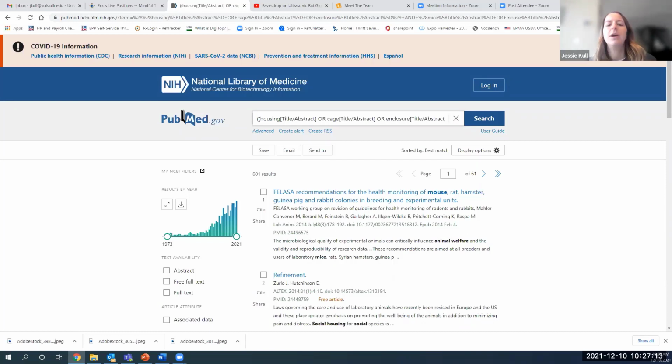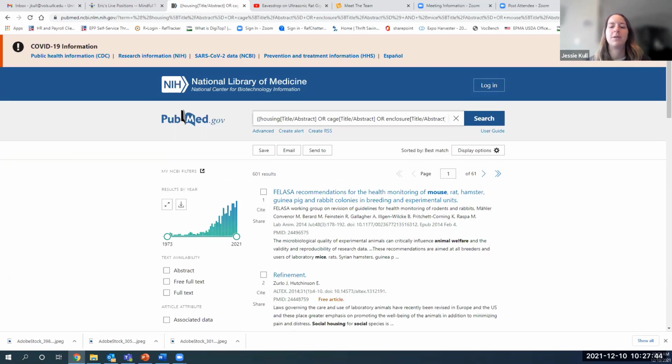And one thing you can do to modify it is add an additional search string at the end. So a fourth search string separated by the Boolean operator AND, which would result in fewer citations since you're putting more parameters on that search, or making it more specific. And just for example, that fourth search string could be on keywords related to your area of research, such as if you're in the area of toxicology or immunology or nutrition, or whatever your area is. And this is going to reduce the amount of citations you get.